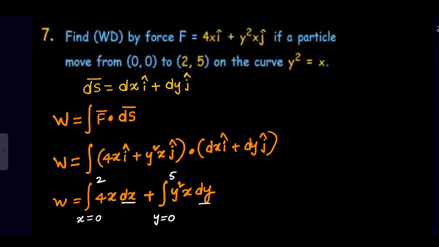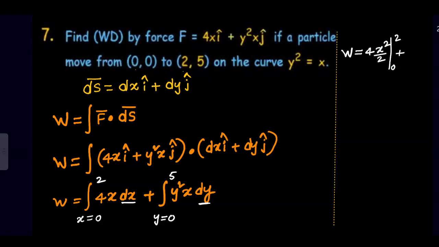Next, you can see that first we do the integration of the first term. W is equal to 4 outside, and x power 1 integrates to x square by 2, with limits 0 to 2. Plus,